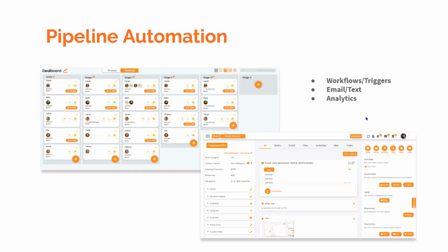But this just gives you an overview of what the inside of InsuredMine looks like. While it may look like a lot, let me make two points on that comment. One, it's going to be a lot no matter which system you go with or how you slice it. It's just the nature of having 6 or 7 variables to work with. So we're looking at 9 different types of things you could do here with one workflow and trigger. But that's not to say it's overwhelming or complicated when you do it a step at a time,